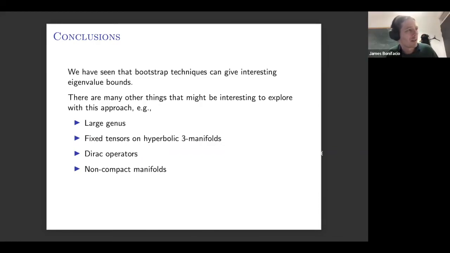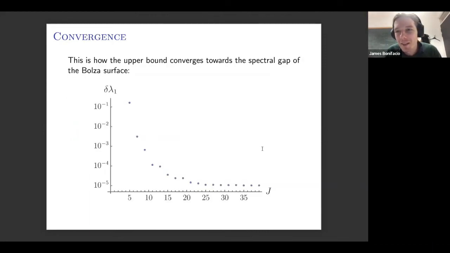I'm not sure. Let me mention one thing: at least for this system that I mentioned, it doesn't quite converge to Bolza. It converges to Bolza plus some fixed number. So here I'm showing the difference as a function of this parameter j. As I increase j, you can see it sort of exponentially converges, but then it flattens off. So it seems like for this system, even in the limit of infinitely many consistency conditions, it doesn't